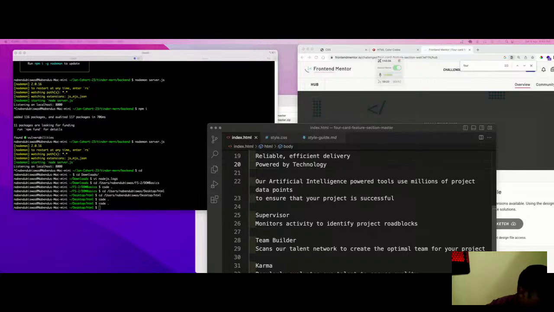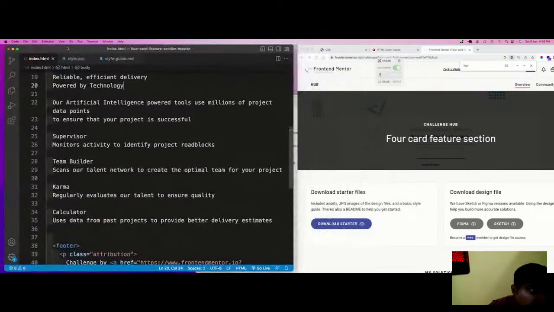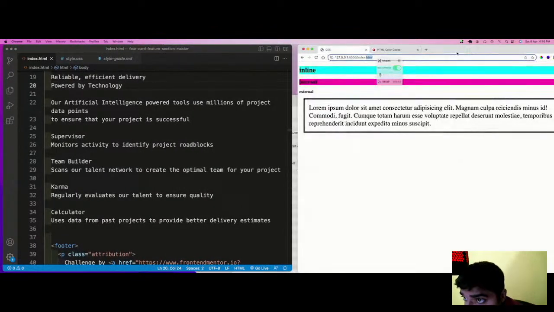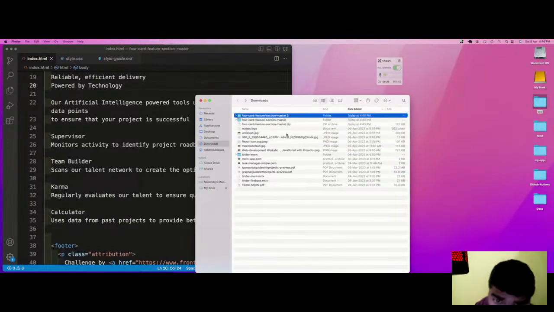Okay, so for the setup, this is how it goes.